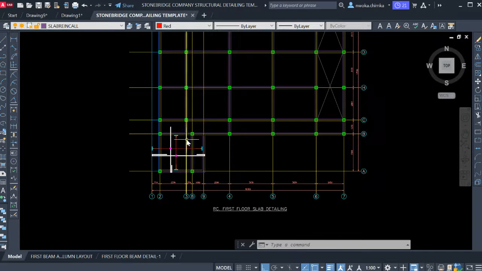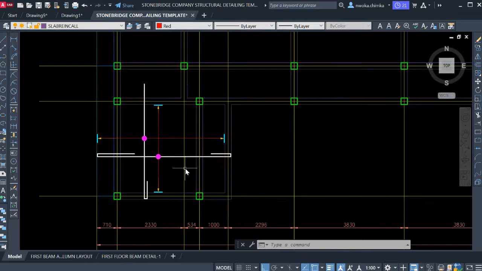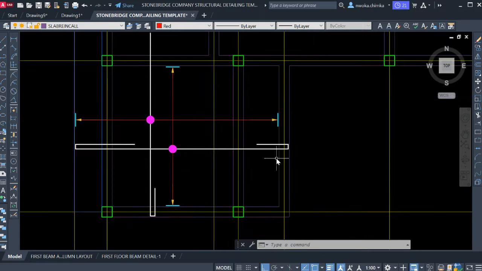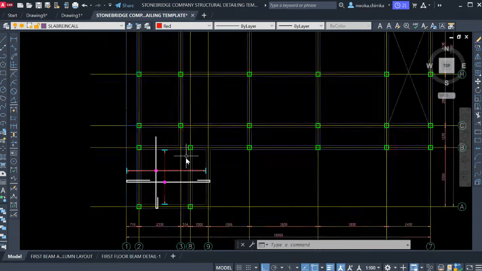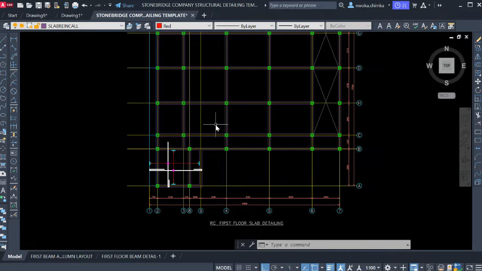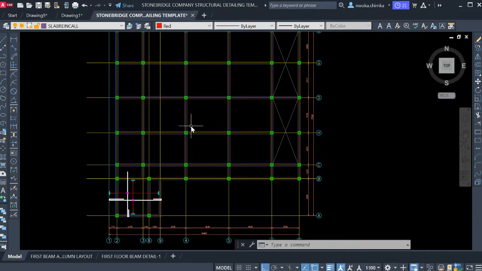The same thing happens again right now to this place. So right now we have detailed this slab from this direction to this direction. This is the bottom bar on the main axis and on the weaker axis. Okay, so right now we go again to detail the rest of the slab here. So right now we want to detail this slab horizontally. So we go right again for this place right now, and then go to